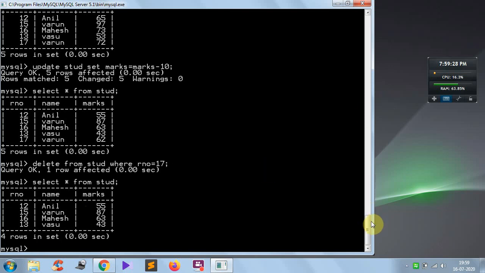So here I want to discuss one more. Suppose in this table roll number, name, marks are there. Now I want to add one new column, that is address. How to add? For that one command is there, alter